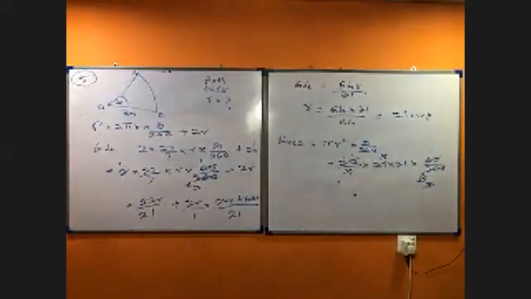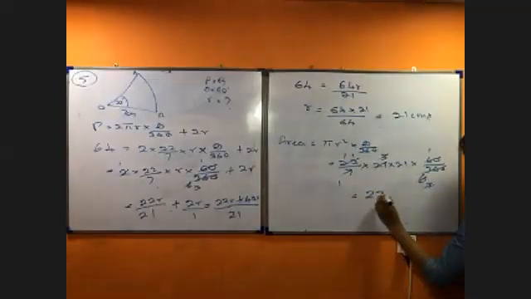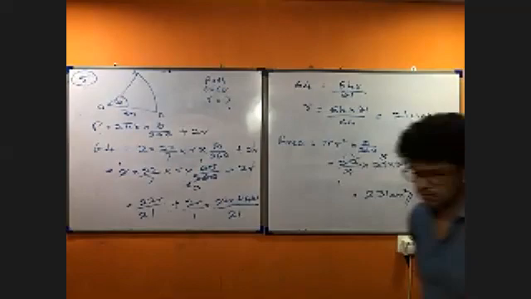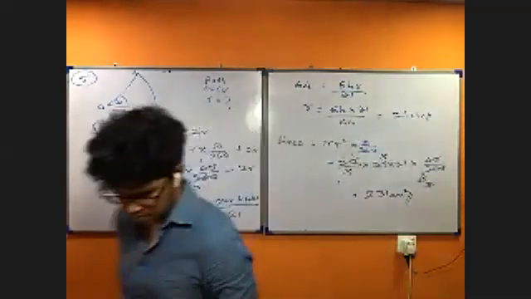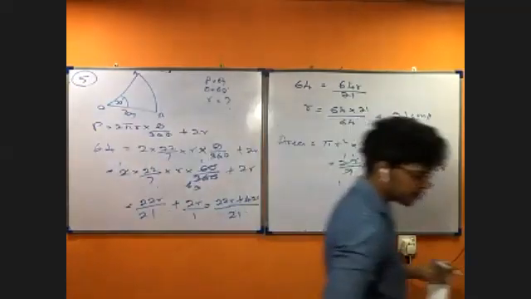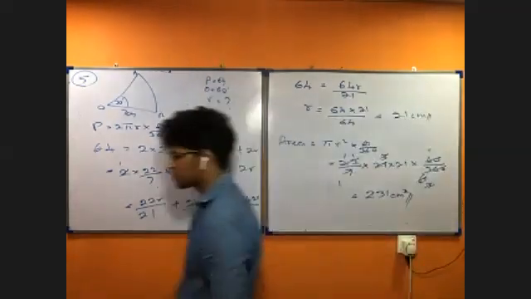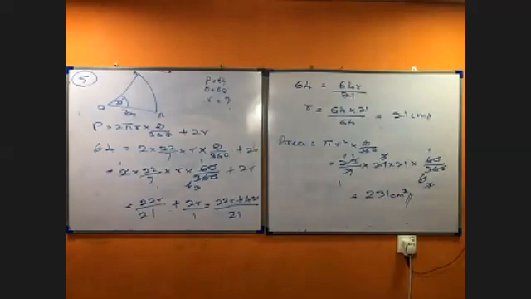So 11 times 21 is 231, is it? 231 centimeter square. So